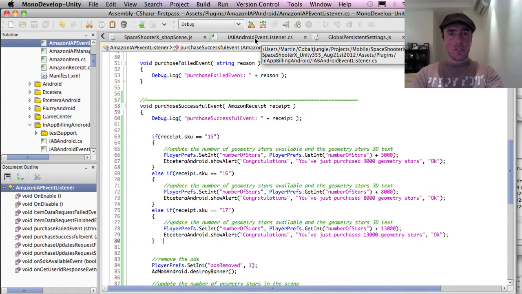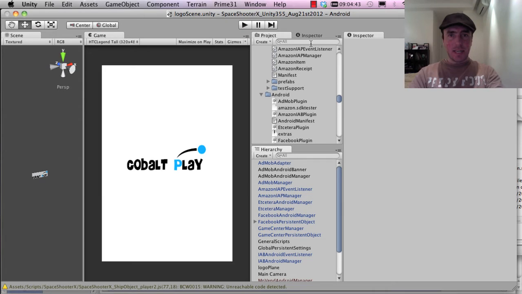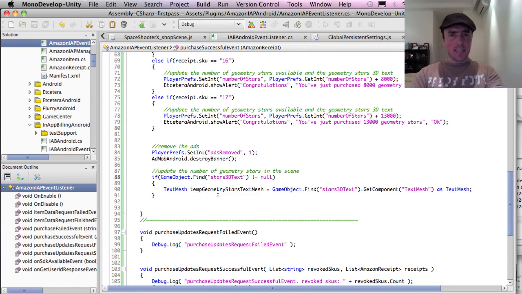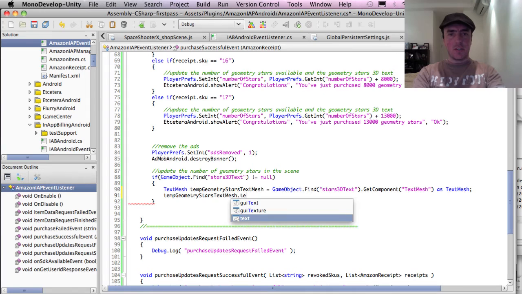The in-app purchase event listener, it's this here. What we do is this finds, I'll show you what it does just to explain. If I go to the shop scene, it finds this little counter here, which is the geometry stars counter. It looks for that in the scene, and then it finds it, and it gets it, which is this code here, but it doesn't update it. Okay, so what we want to do is just copy this, and then I want to change it .text equals